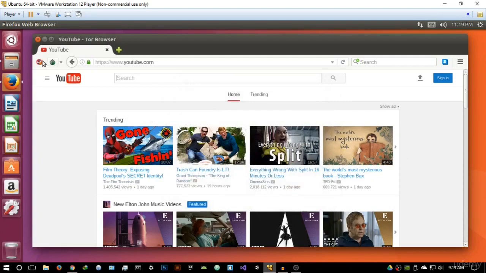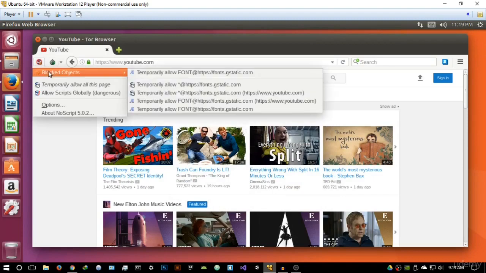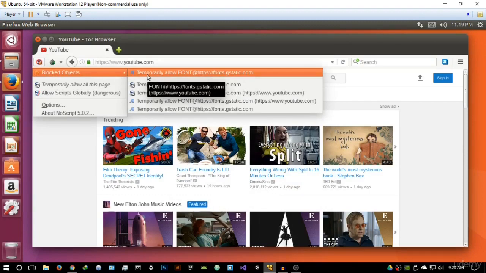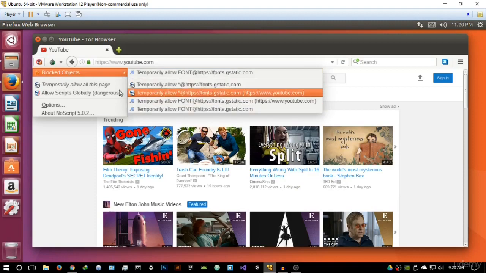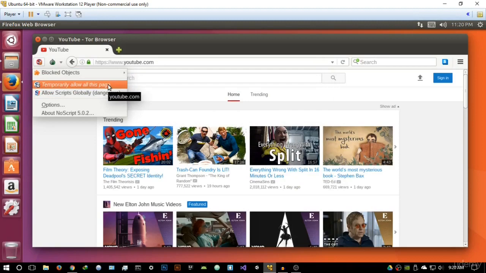So let's hit OK. And now if we look over here, this is basically your script area, and it has this area for blocked scripts, and as you can see, it's temporarily allowed the font to work, but it's disabled other scripts as well. Now you can temporarily allow the scripts on this page if you know you're on a website that you can trust. However, it's